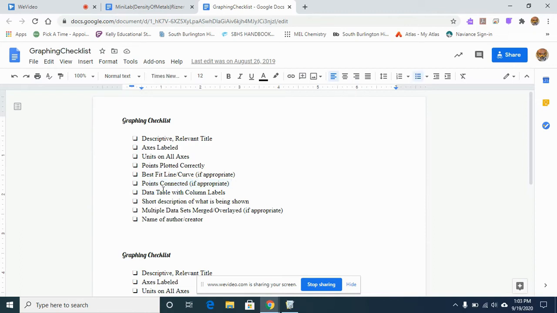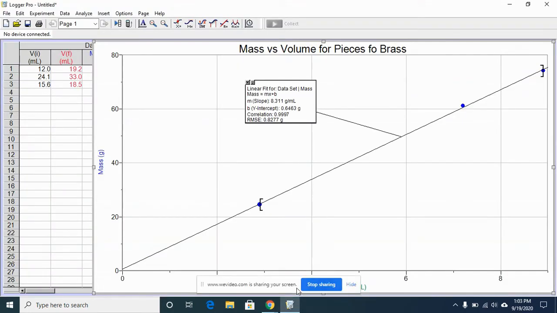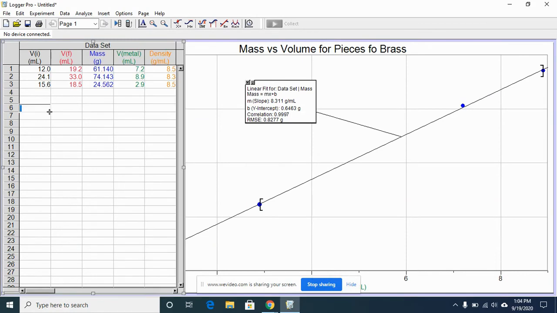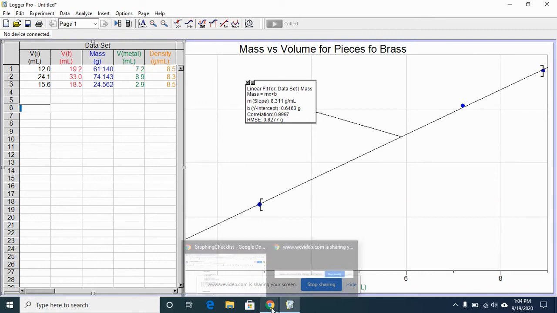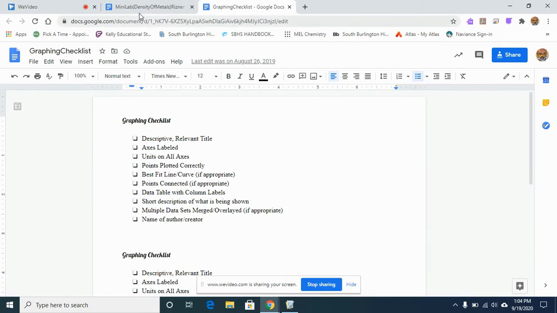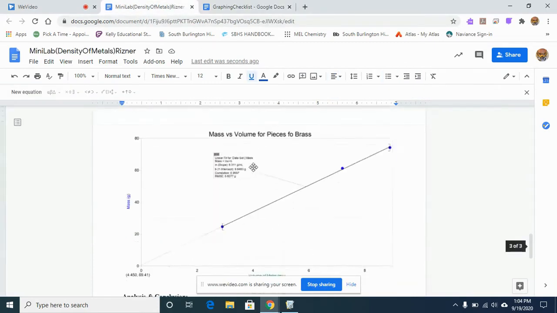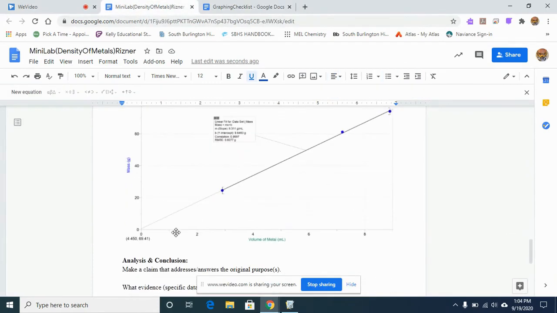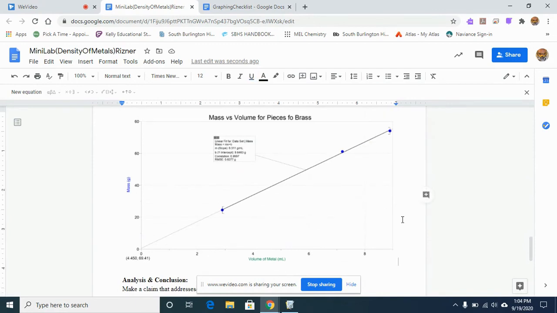A data table with column labels. So now what we'll need to do is go back to Logger Pro, and now we select the data table. And notice how when I click on it, these boxes show up. The same thing should happen if I hit Control-C and then go back to the lab. I'll put underneath the graph